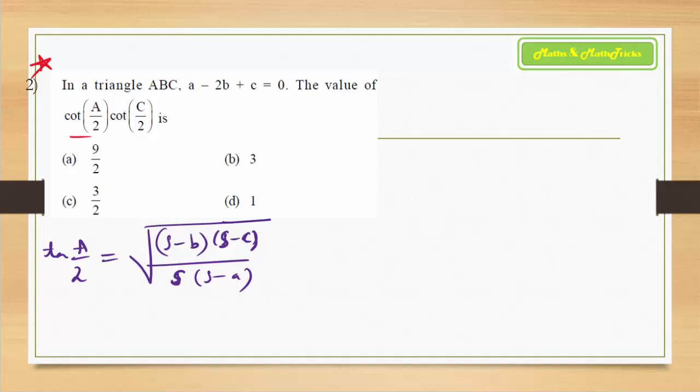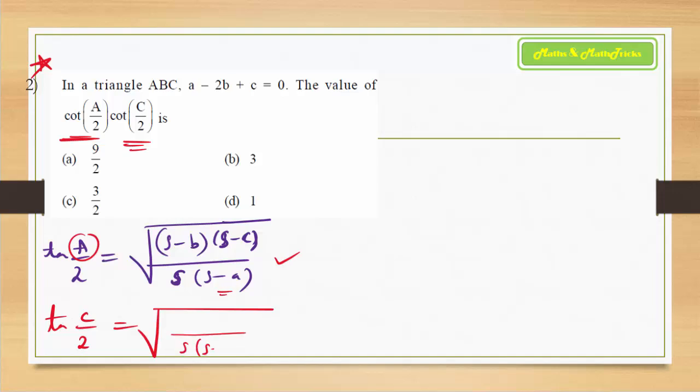So tan A by 2 is this formula. Then what do you write for cot A by 2? It will be the reciprocal. And for cot C by 2, how do you set up the formula? You will need the tan C by 2 formula, which will be, if you see the pattern, the angle A, its opposite side is in the denominator with S. So similarly, for tan C by 2, the denominator has to be S into S minus C, and the numerator remaining two, that is S minus B into S minus A. So you have to use this formula of tan A by 2 and tan C by 2 for cot A by 2 and cot C by 2 as its reciprocal.